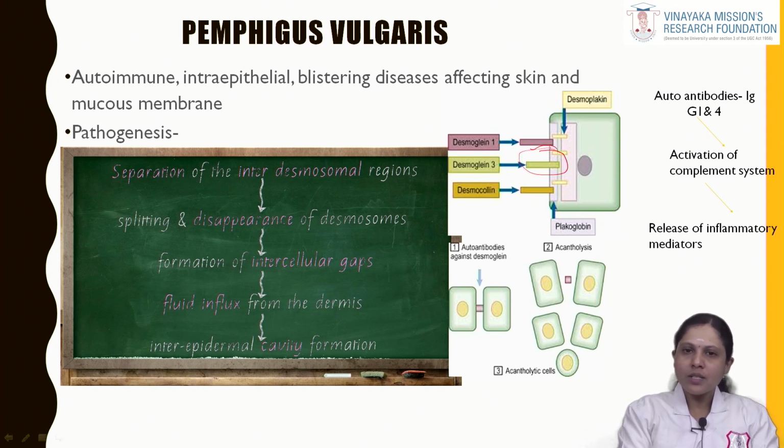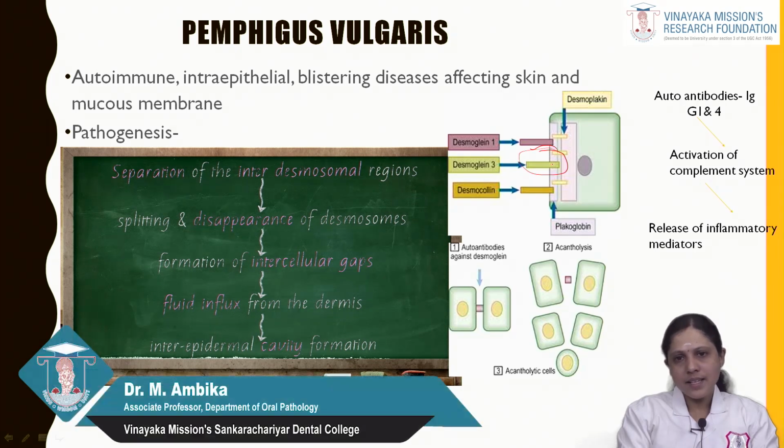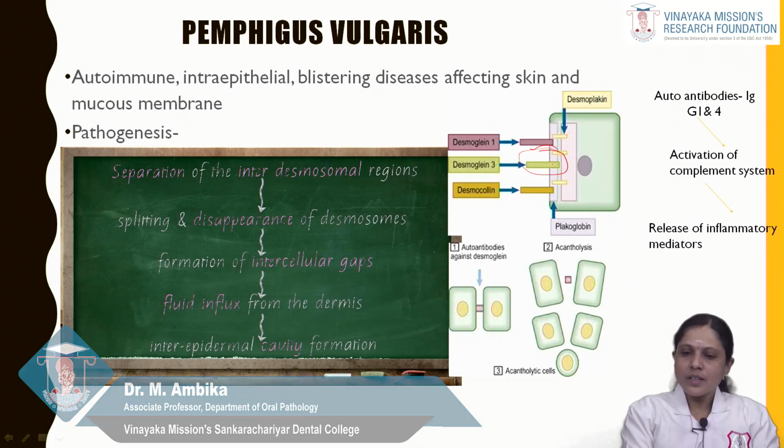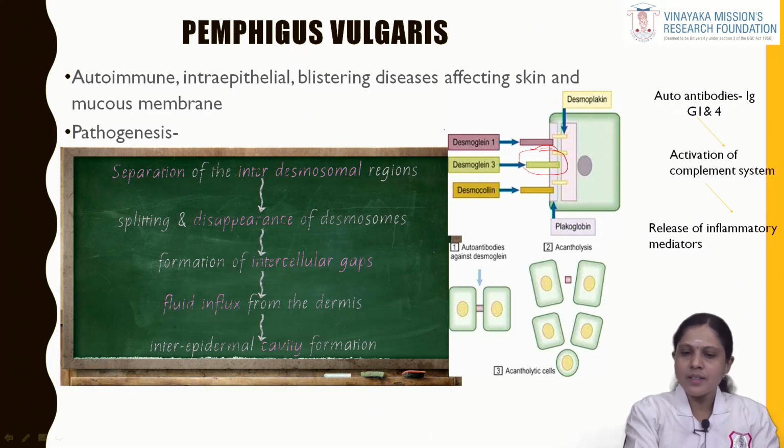We know that the cell to cell attachment has some junctions. It may be gap junction, tight junction, adherent junction, desmosomal junction and hemidesmosomal junction. In oral epithelium, the cell to cell attachment is the desmosomal junction, whereas the junction between the epithelium and the connective tissue is exhibited by the hemidesmosomal junction. Over here the attachment is exhibited by cell adhesion molecules, which may be cadherins, that is desmoglein, desmocollins, and integrins, selectins or desmoplakins. Here the IgG autoantibodies are directed against desmoglein 1 and 3, which are present in the